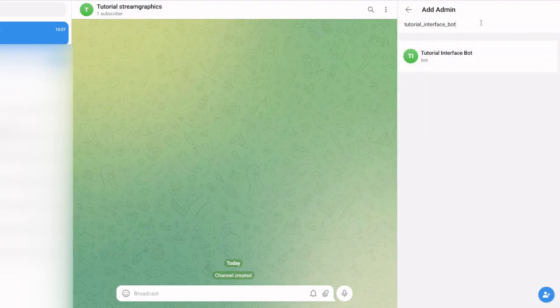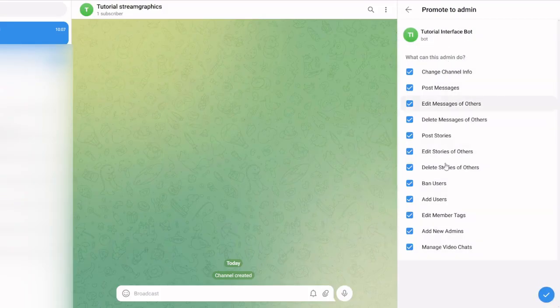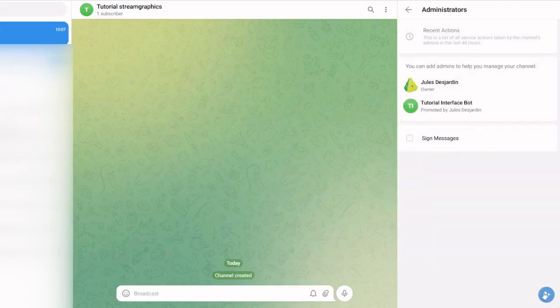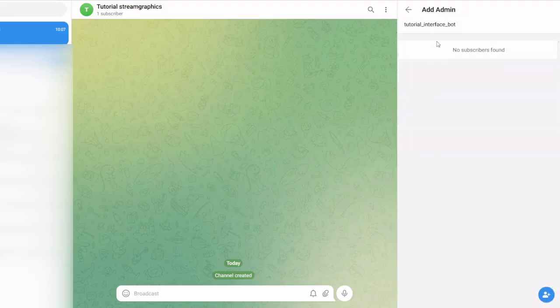I already searched for it, so it already appears. But here you can add the bot. It can do everything. Especially what's important is that it can post messages. Okay. Then you can add another bot, which is